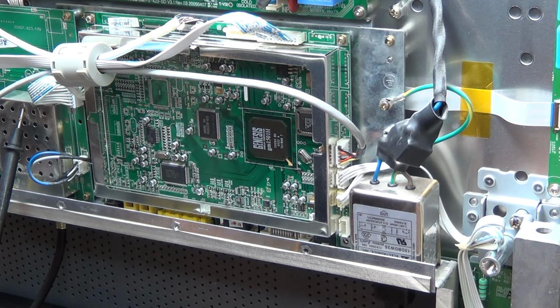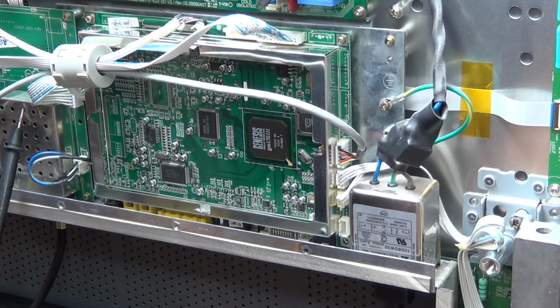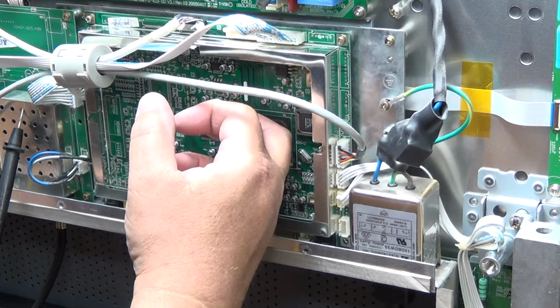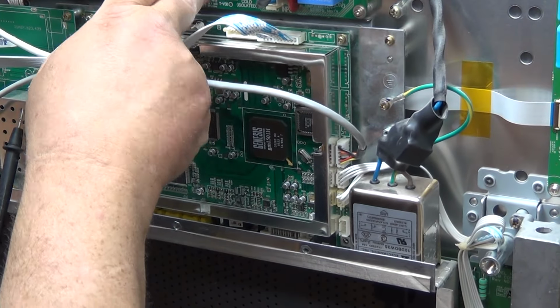I'm going to get some AA batteries. I'm going to make myself a little 5-volt supply. And we're just going to apply 5 volts to the standby regulator here. And if the set powers up, then we know that the problem is the standby supply is not putting out enough current. I still think something on here is loading it down though, only because the light is dim, and